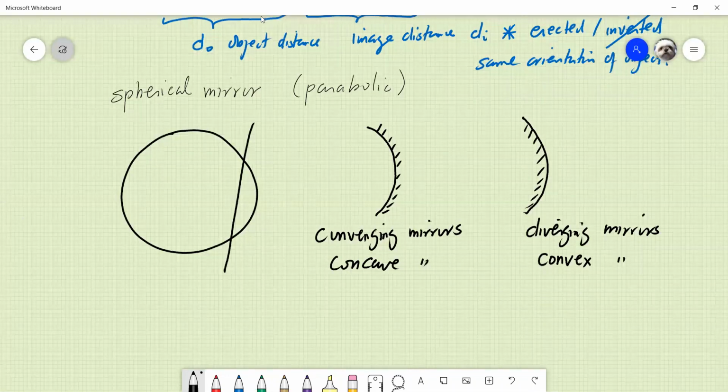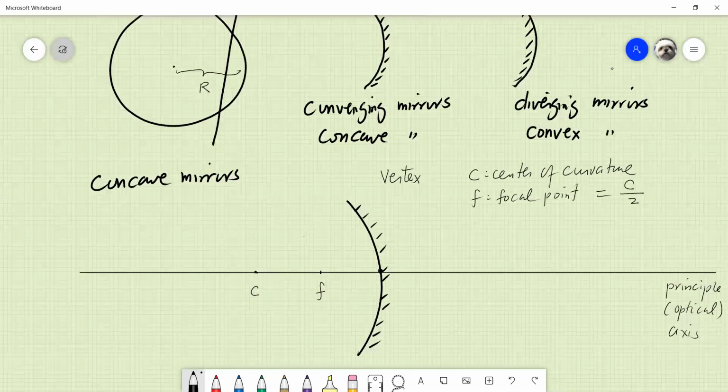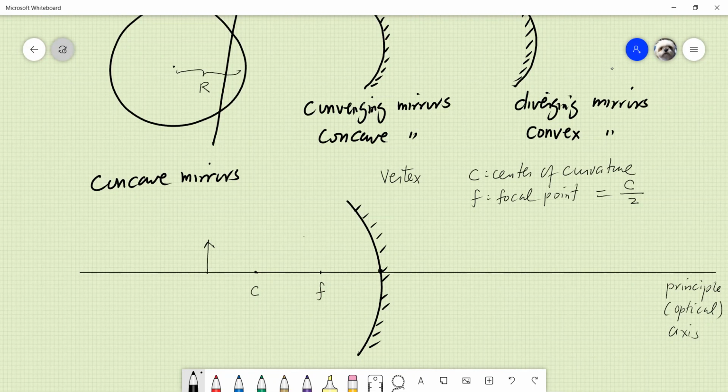So you probably see that for the graphical method, we always erect an object. Now the object is like this, an upward arrow. Then I want to show you how to find the image using the graphical method. Now keep it in mind, the way I put the object, I can put it behind